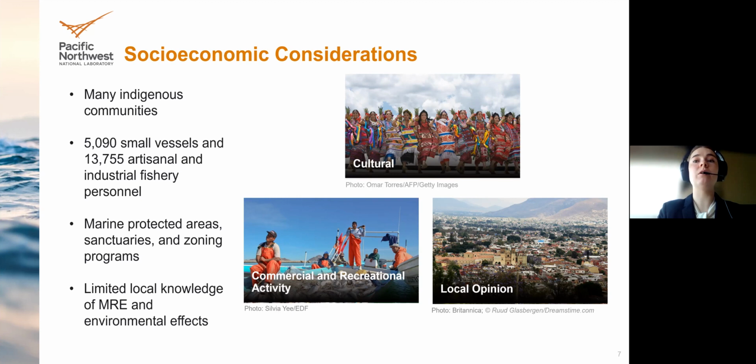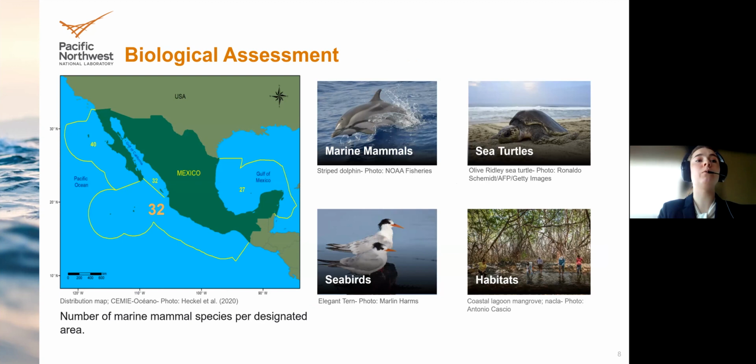One MPA example is the Playa de Escobilla Sanctuary, which has restricted access during sea turtle nesting seasons. There are many other national parks and zoning programs in place to restore species in significant territories. In addition, public knowledge from previously conducted interviews suggests little understanding of what MRE is, so addressing this for future reference will be important. As you can see from this map, there are 32 recorded marine mammal species offshore within